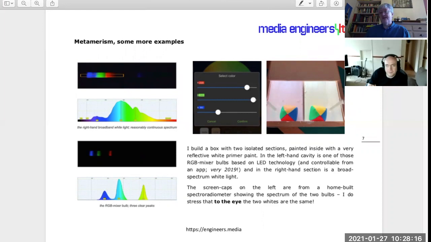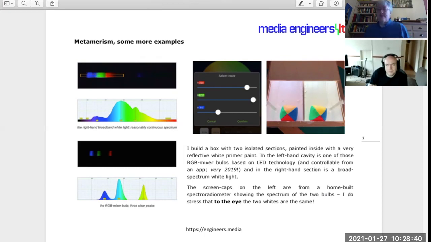And so what I do is I set this thing up and I give the students access to the app, and I say, right, mix the left-hand side lamp so that it matches the right-hand side. And they have at it, and they get a good mix. And generally speaking, they can mix the red, green, and blues so that there is perceivably no difference between the light. The white in one side looks exactly the same as the white in the other side,